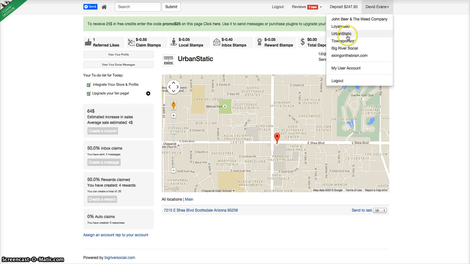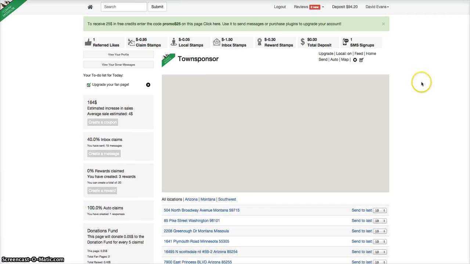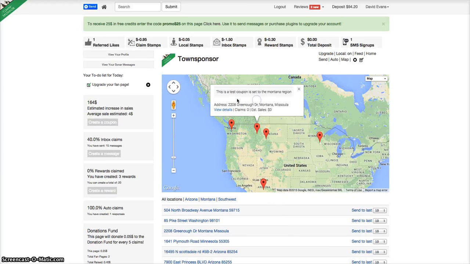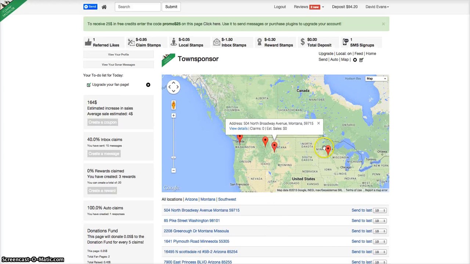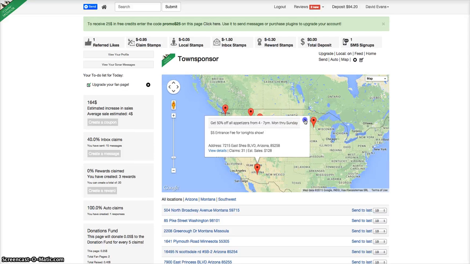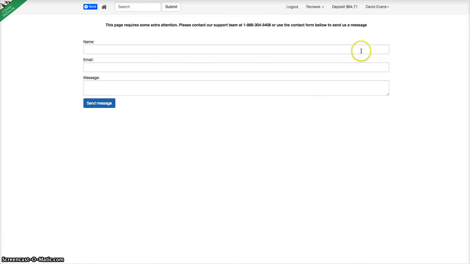So if you're in Town Sponsor, you can go look at the map. See, I have a bunch of locations for Town Sponsor, and they all just show up. And as you can also see, it's great if you're managing multiple fan pages, because at a certain point, you can just click through. Got a blacklist, so I can censor pages that are spamming and keep them out of the feed and keep it